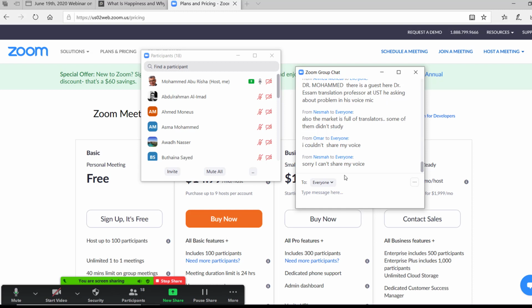The second question is what our friend Nisma has asked. She says she's correct in what she says. We're frustrated that we do not have access to the market of translation. And she correctly says that one of the problems is that many clients come to you and want to get the service very cheap, even if it's bad quality. So it makes us jobless, it makes us aggrieved. We do not have access to the market.